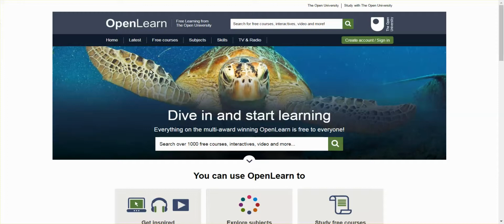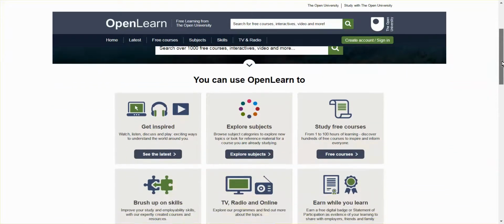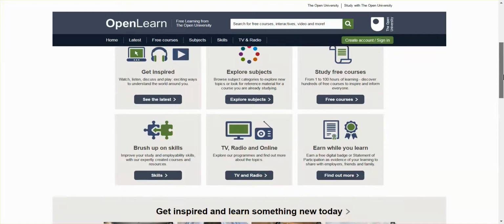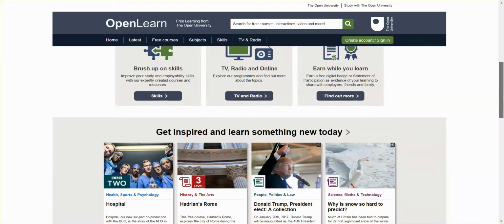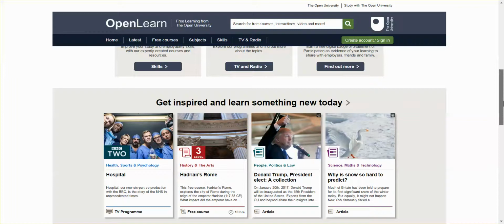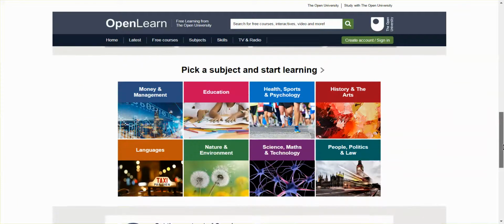So this is the new look site, and we're looking at the home page now. If we scroll down, you can see there's various links from the home page to various bits of content that learners can explore directly from the home page. So you've got information here around the latest that's on there, subject areas,